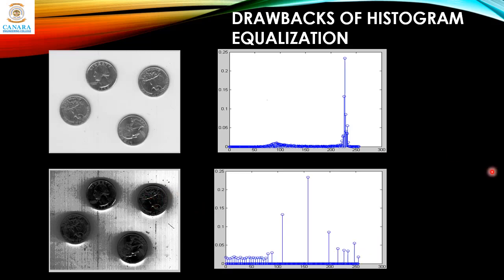So look at the histogram for this. It has somewhat equalized it, but still the result is not good. Even after histogram equalization, you can see we still don't get representation for lower values. It's very less. So this is the major drawback of histogram equalization. To correct this, we have one more technique, which is histogram specification, that we will see in the next lecture.